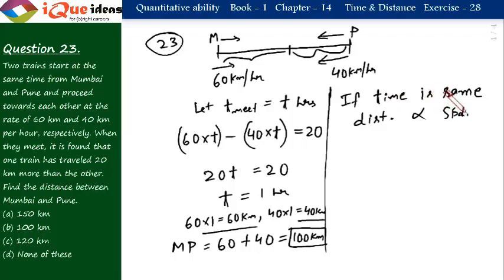Alright, so the distance traveled by the Mumbai train is to the distance traveled by the Pune train as the speed of the Mumbai train is to the speed of the Pune train. Right, now speeds are given as 60 and 40, so the ratio is 3:2. Okay, so the distance traveled by the Mumbai train and the distance traveled by the Pune train are in the ratio